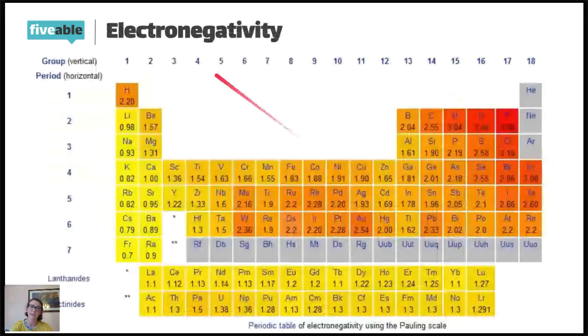Electronegativity, as I referred to earlier, is the desire that an atom has for electrons. What you'll see here is that the red and the orange is the strongest desire for electrons, whereas the lighter you get, the less desire. So you can see fluorine in the upper right-hand corner is the most electronegative atom in the periodic table. But right next to it, oxygen is the second most. Oxygen loves, craves, needs electrons very badly. It is electron hungry, and that is super important to know because, first, it leads to the polarity of water,